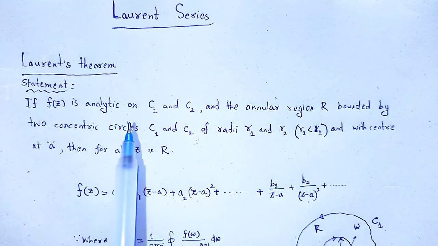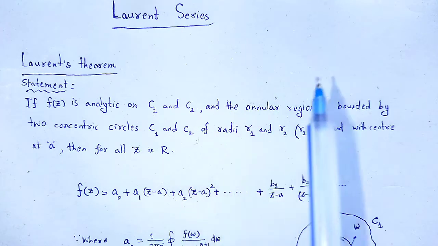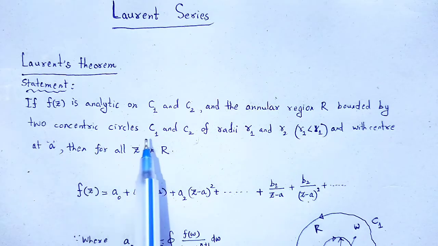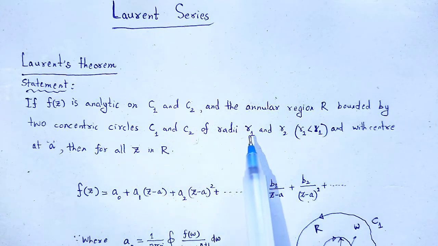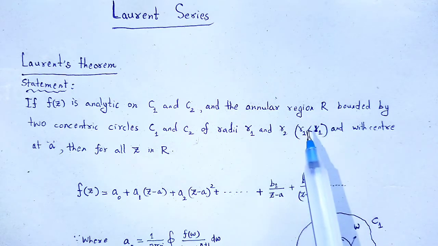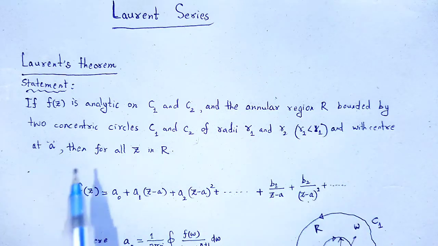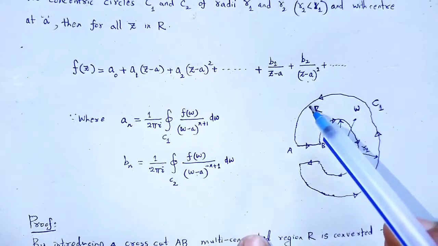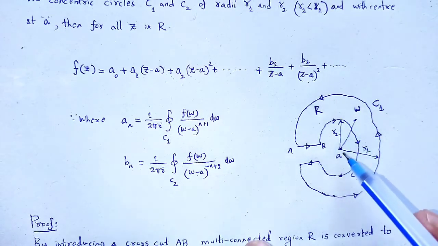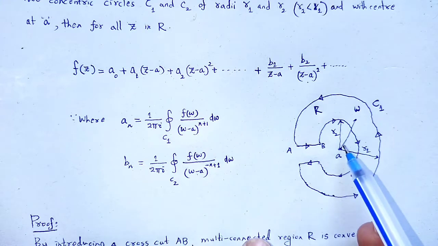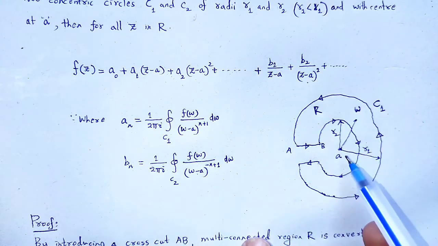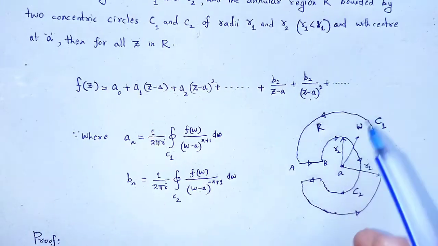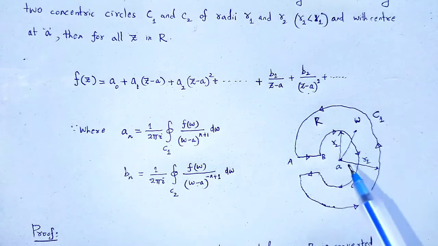If f of z is analytic on C1 and C2, that is, in the annular region bounded by two concentric circles C1 and C2 of radii R1 and R2, where R2 is greater than R1, with center at A, then for all values of z in that region R, here circle C1, here circle C2, center at A, radius of circle C1 is R1, radius of circle C2 is R2,